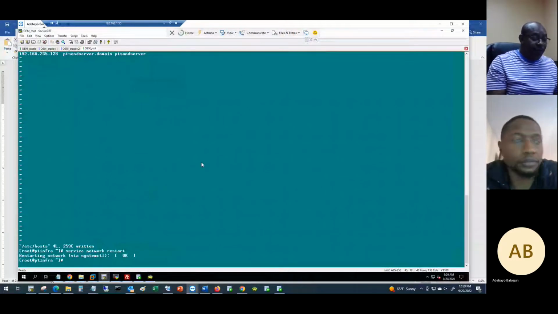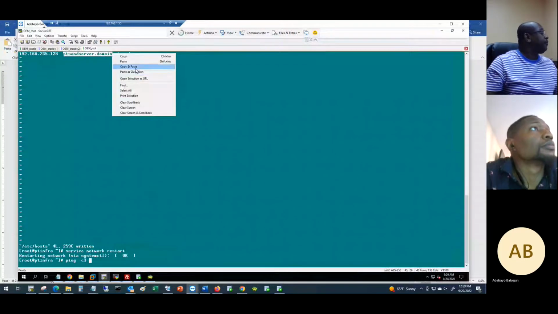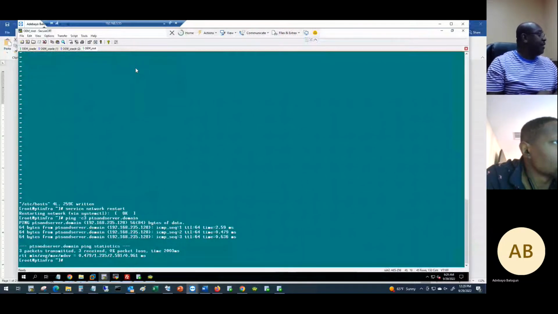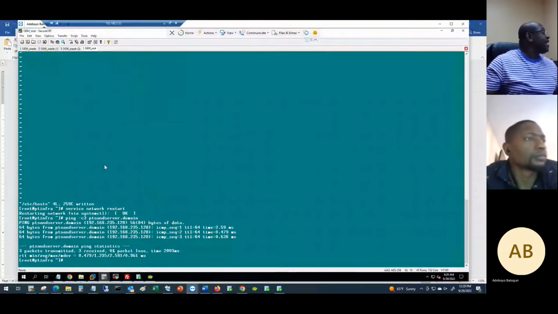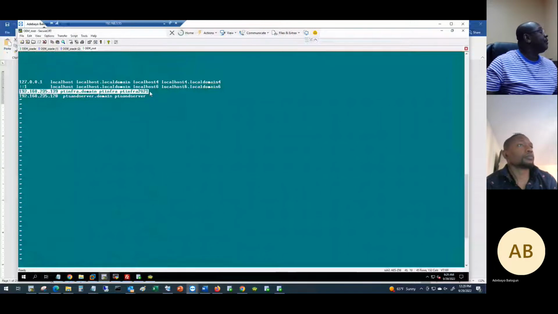So now, if we ping the domain name of that Sandbox server, OEM should be able to return. Let's ping that from here. All right, you see now OEM is aware of that server. So from now on, we won't bother about the IP address. Now, the target also needs to know about OEM. So let me copy the IP address of the OEM server. Copy that. Let's go to the target